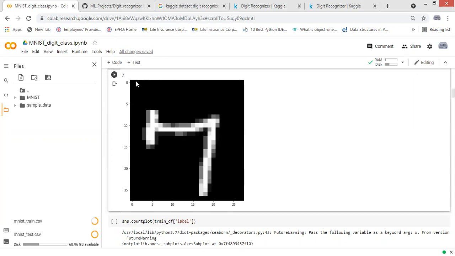These pixels are arranged in a single row in our dataset. So for each row there will be one label value, and 784 features which represent each and every pixel of an image. Each row represents a unique number, and we have to classify which number is present in that row. So this was the task.